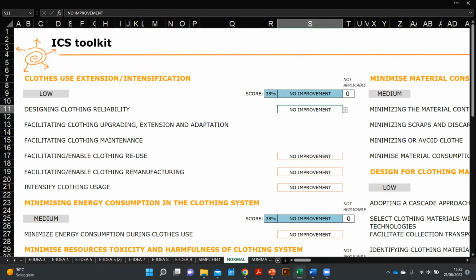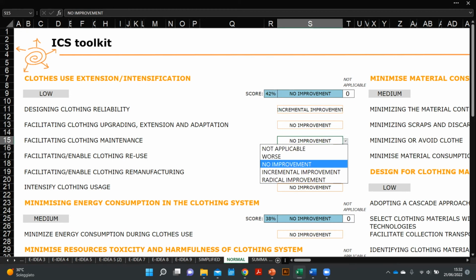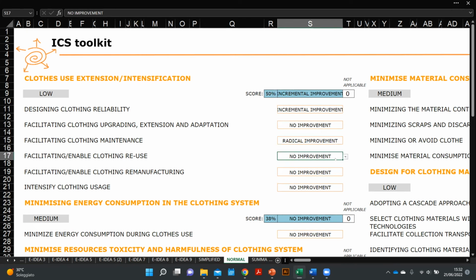So we have a drop-down menu for all the strategies. Sorry, for all the guidelines. So what the tool is doing is making an average, a weighting of those results, and giving us a score. So I'm putting just some random ones. And you can look at this